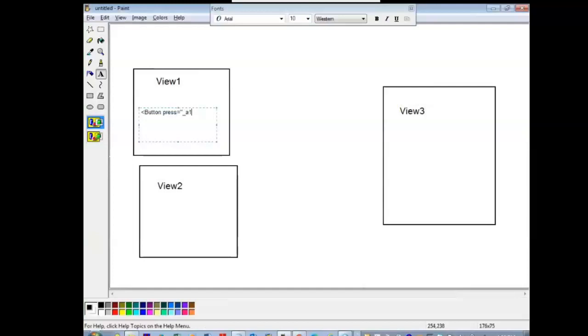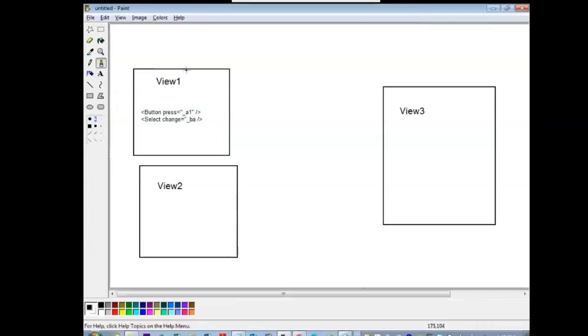I want a select control. Every view has a controller of its own, so that you can define that particular event's definition in the corresponding controller.